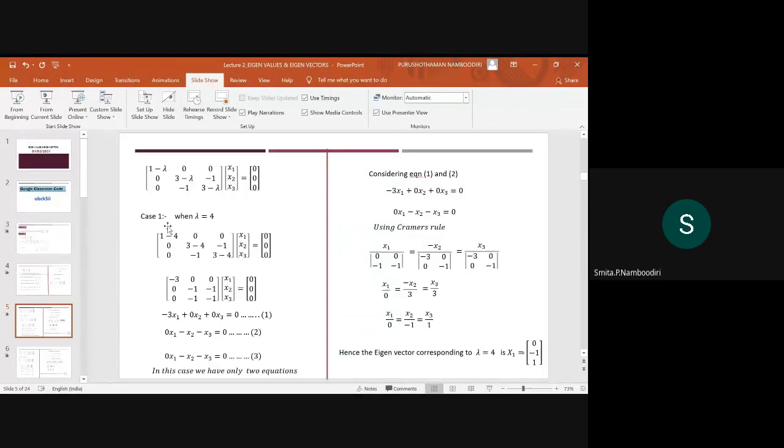When lambda equal to 4, तो यहाँ पे lambda के बदले 4 पुट करना है. When lambda equal to 4,